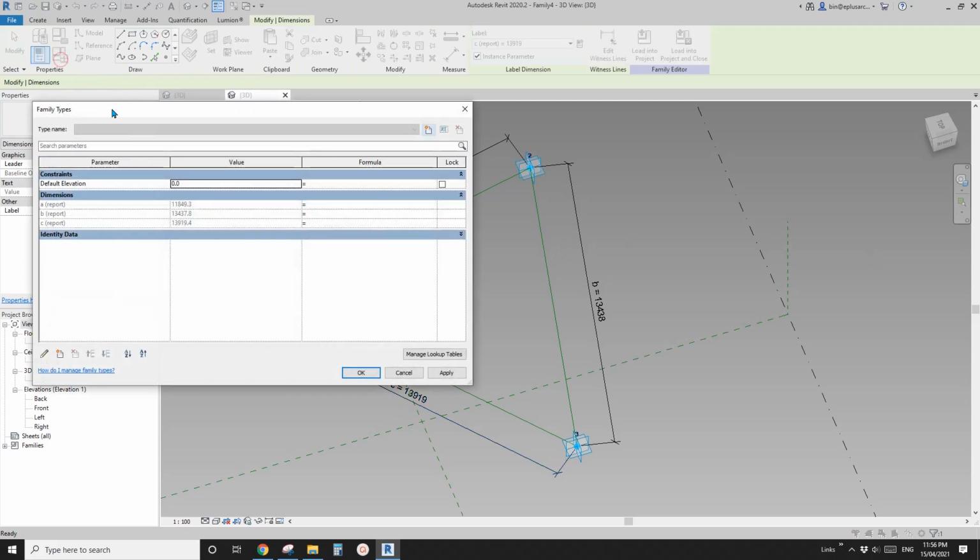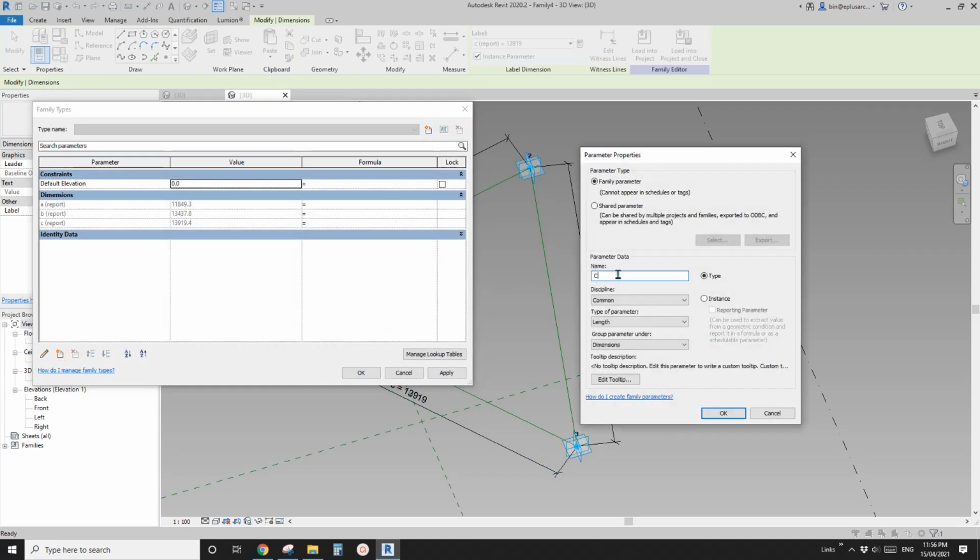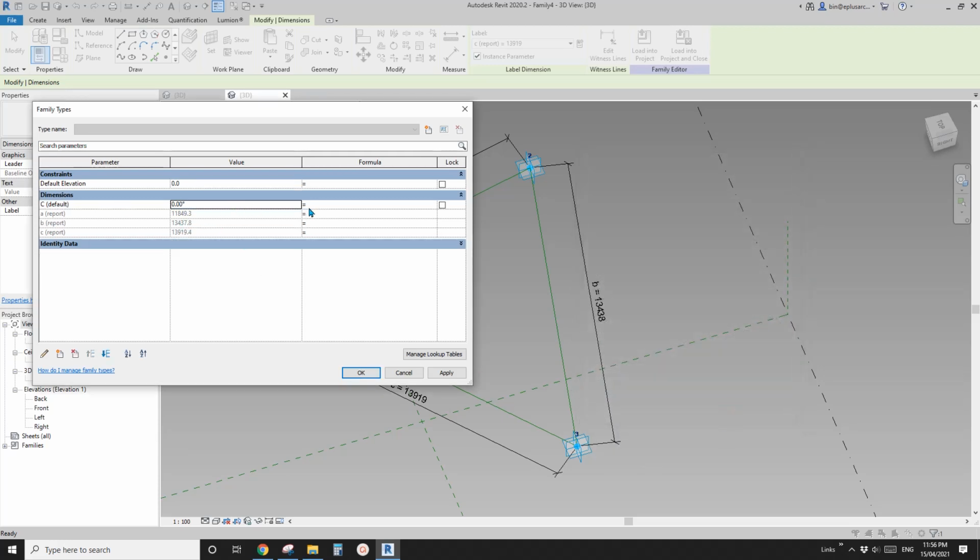So let's go to family types. We're going to create an angle C. Change this type to angle and instance, and OK. So under this formula, we're going to use the arc cosine, ACOS. So bracket A, another bracket, A square plus B square minus C square, bracket, divided by bracket, 2 times A times B, bracket, another bracket. So now we get